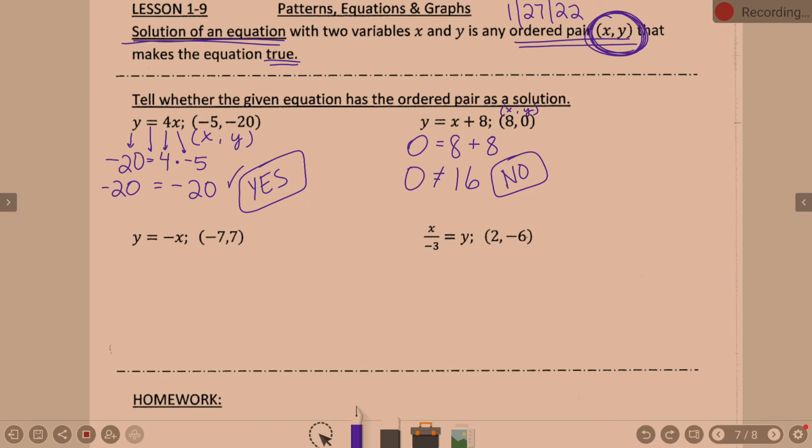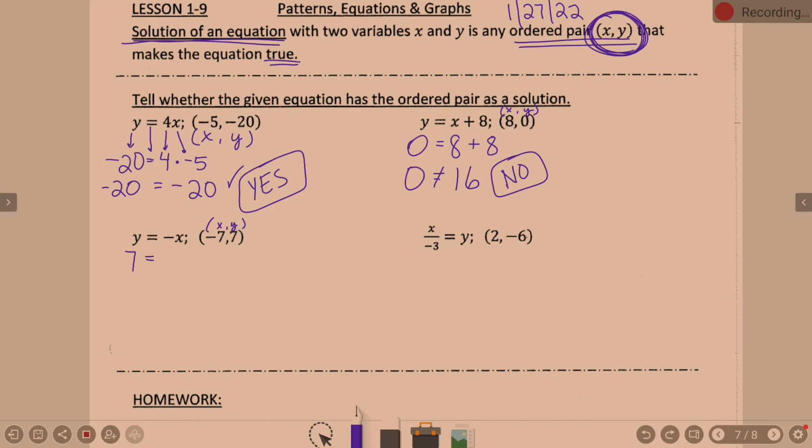Okay, let's look at this next example. It's a little bit different, but still pretty easy. First of all, in the ordered pair, I'm going to ask this every time, so I'm trying to get this locked into those brains up there. What's the order in that ordered pair? x, y. So my recommendation is fill in the number. What do I put in for y? 7. 7 equals, now, negative x says, okay, you're doing the negative of whatever the x value is,